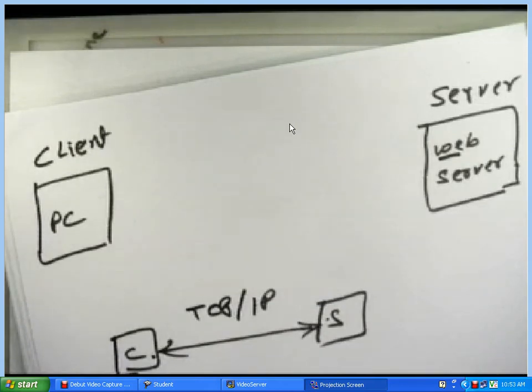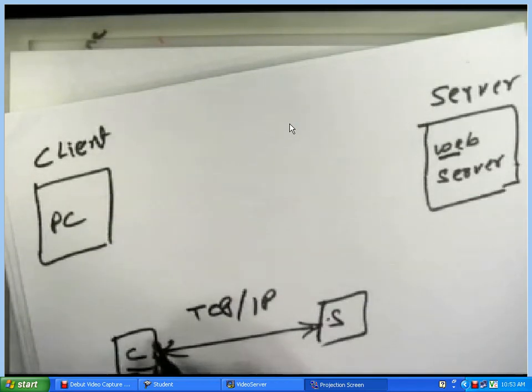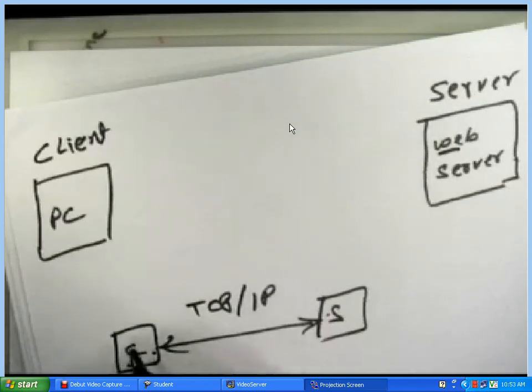When I use TCP/IP, transmission control protocol and internet protocol, what will transmission control protocol do? It will help me connect one machine to another machine. IP is internet protocol, meaning that particular computer has one specific ID, the IP address of that computer. So by using TCP/IP, I can always connect with another computer on the network. If I want to get something from this place, I will send a request from my client, or any machine,